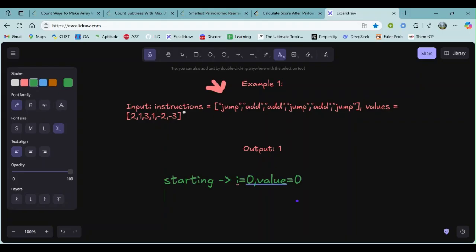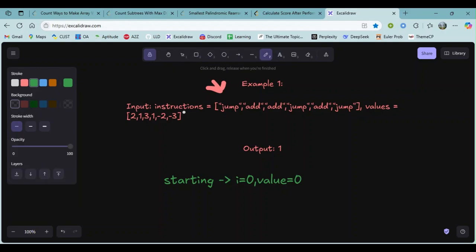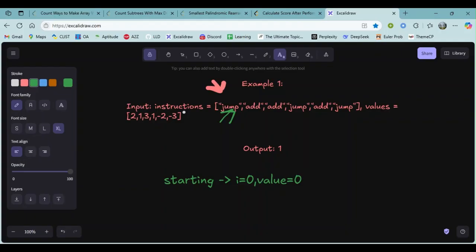Then I am executing the first instruction, that is jump. When we execute the jump, we have to go to i plus values[i]. Our i is equal to 0, so in the next iteration our i will be i plus values[i], which means 0 plus 2, that will be 2.